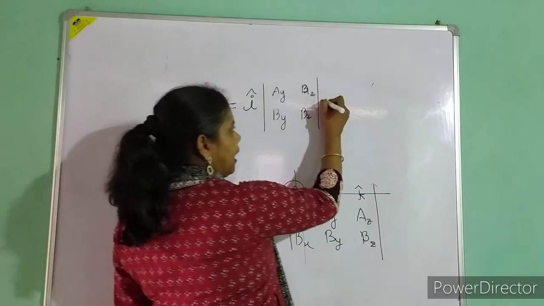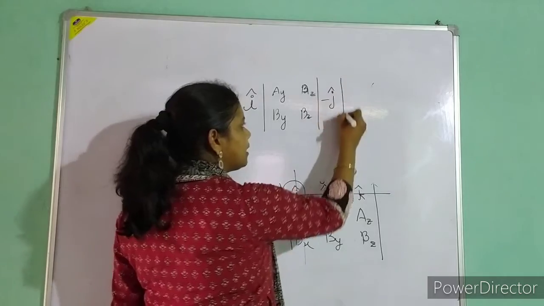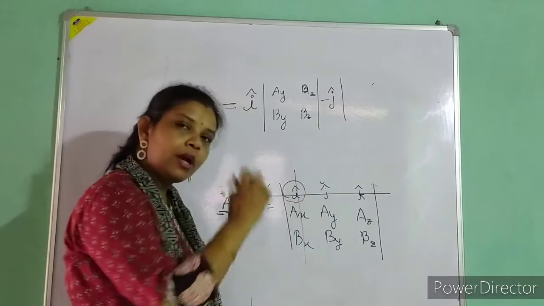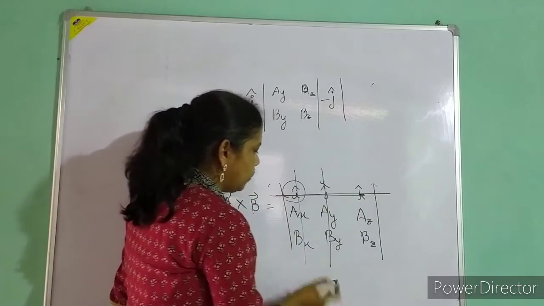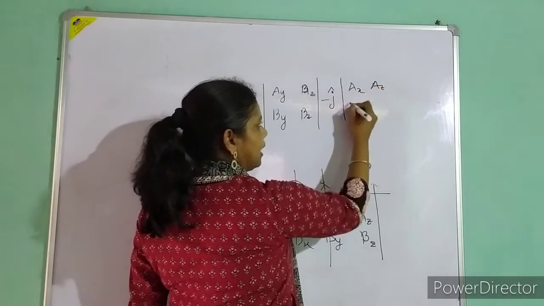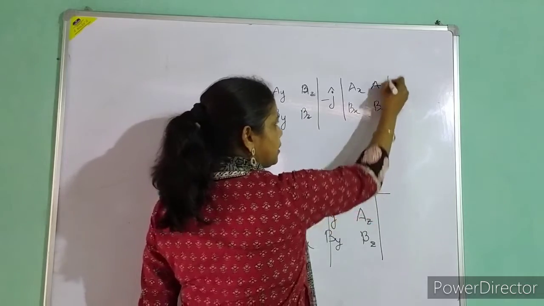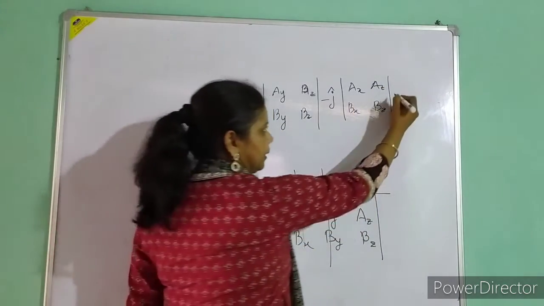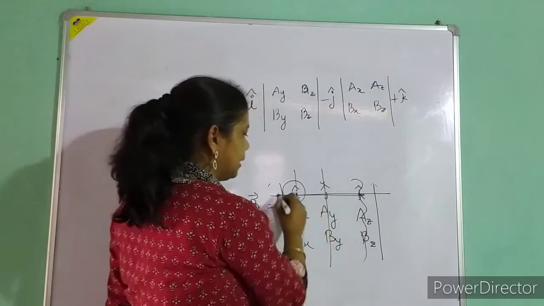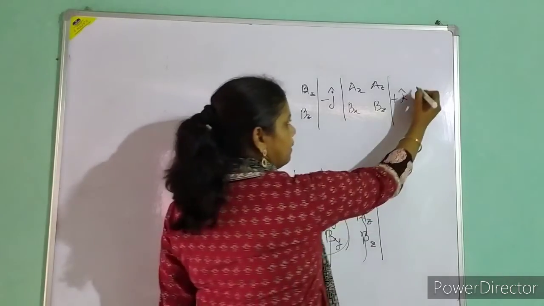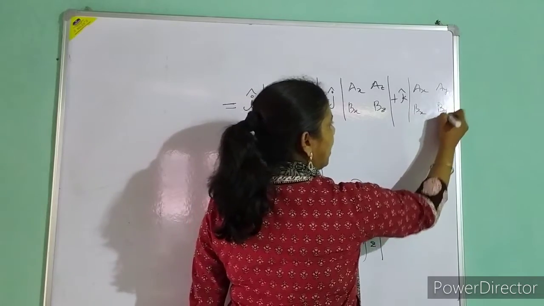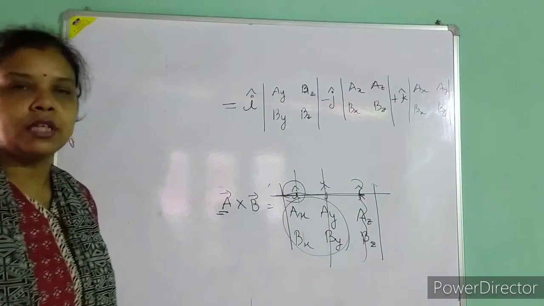Then, as I said in the class and am not going to repeat, I will consider the next digit to be minus j, not plus j. So if I take j, again I have to leave this row and this column. What is left out? I can write AX, AZ, then BX, BZ. Then the last one, that is plus k cap. When I consider k, this part will not be there and this part will not be there. What is left out? This part. So I will write AX, AY, BX, BY. So that is my equation that I will write now.